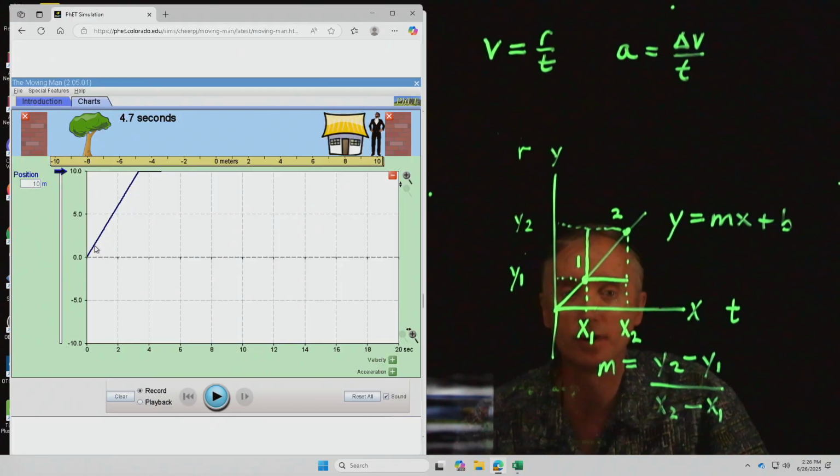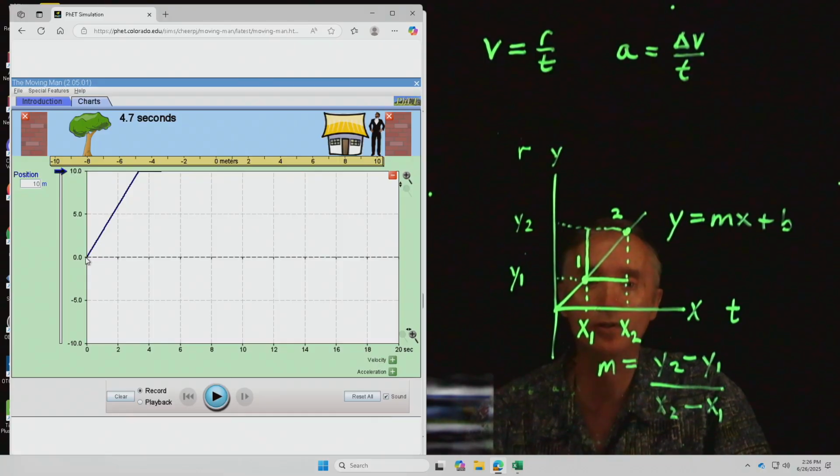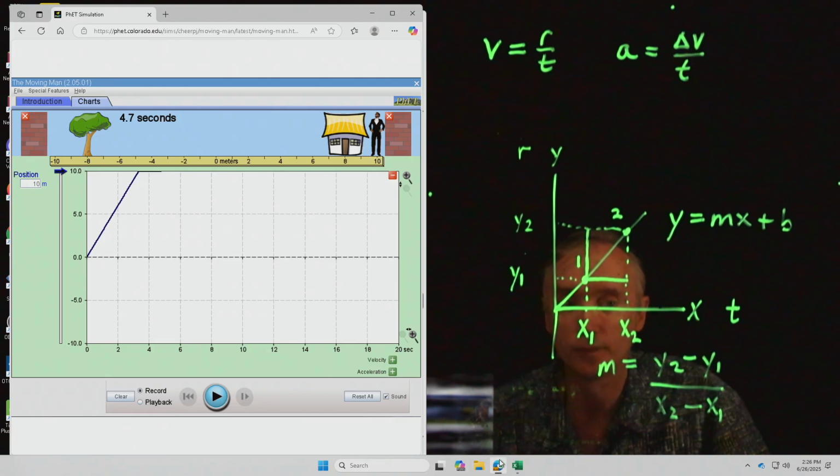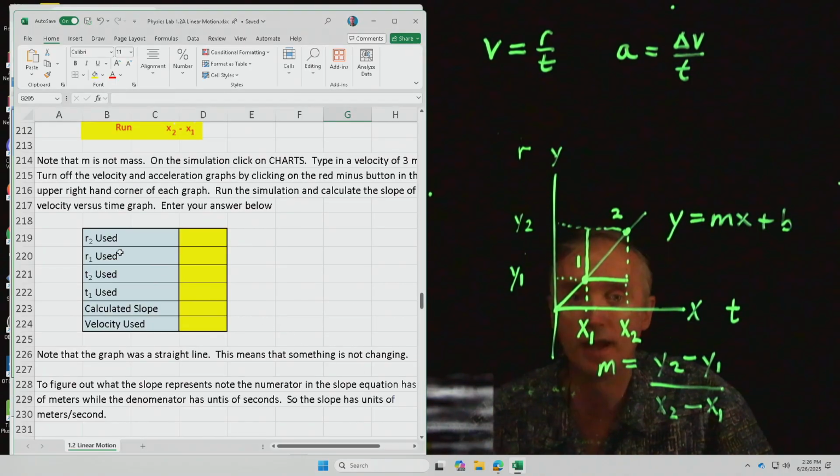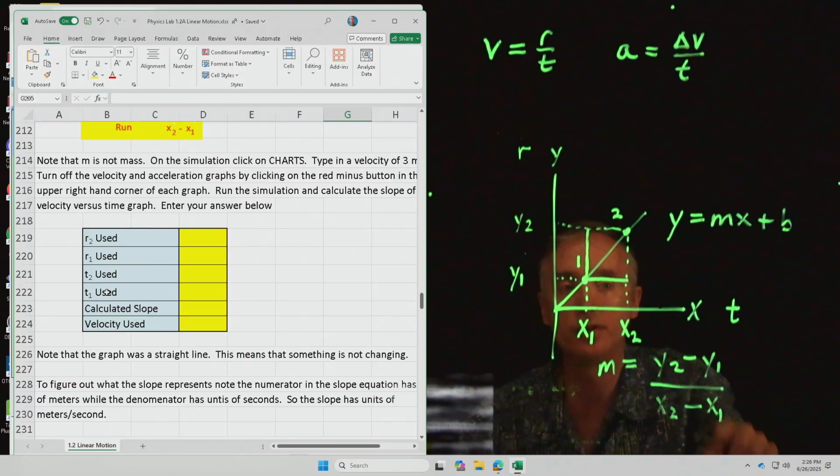Well, I would use 0, 0 down here, because you know exactly what this number is, 0, 0. So that would be a good number for your position R and then for your time T. Now you choose any other point along this line to be number 2. And I'll let you go ahead and pick that. So that you're going to have R2, R1, T2, T1,